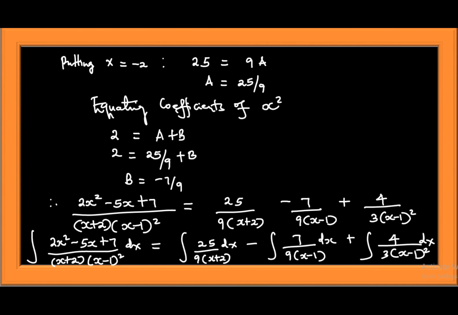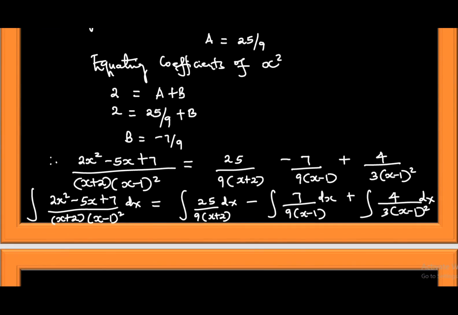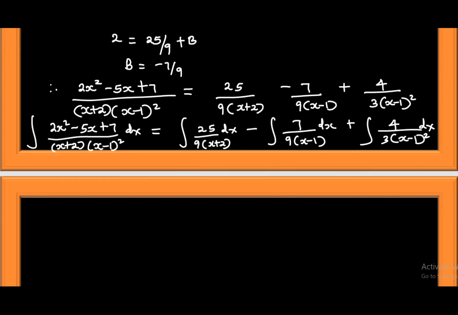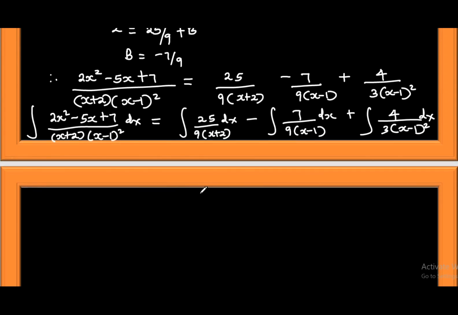There we are. Now from there, the integrals of this, again, when you refer to our previous tutorials, you will realize that the basic technique here is just realizing that we shall have 25 out of 9 natural log of x plus 2 for the first integral. The second integral we shall have minus 7 over 9, but natural log of x minus 1,